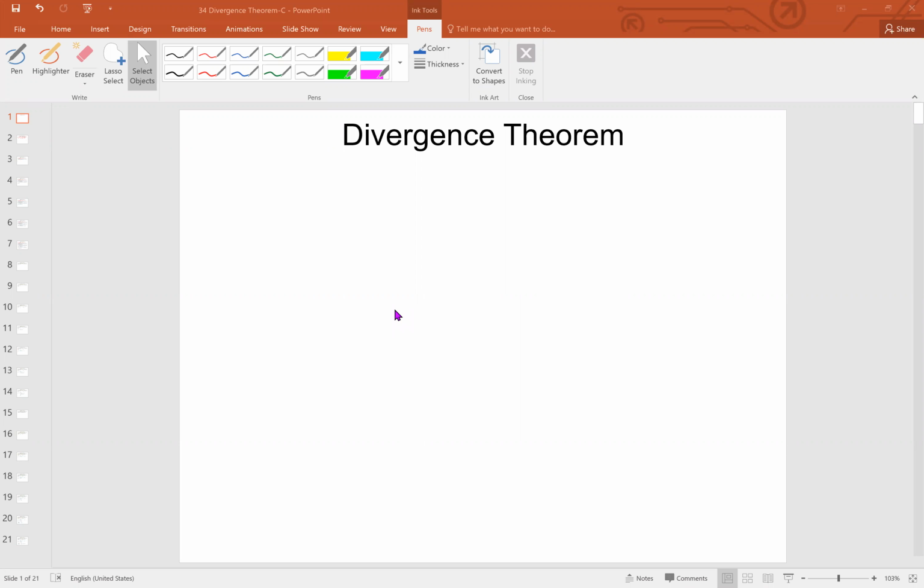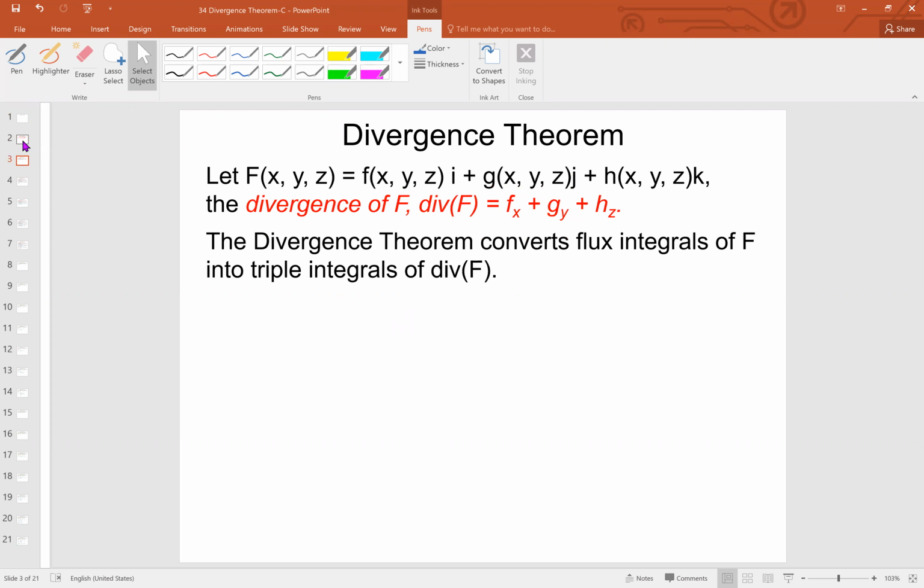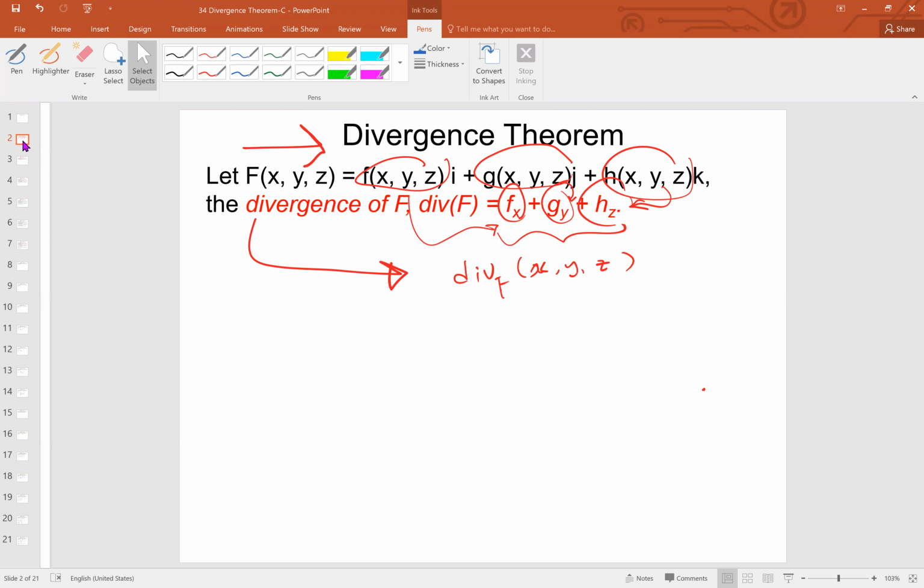We start out, the setting is a three-dimensional flow. We have a 3D vector space. Think of it as a three-dimensional flow. And the divergence, it's